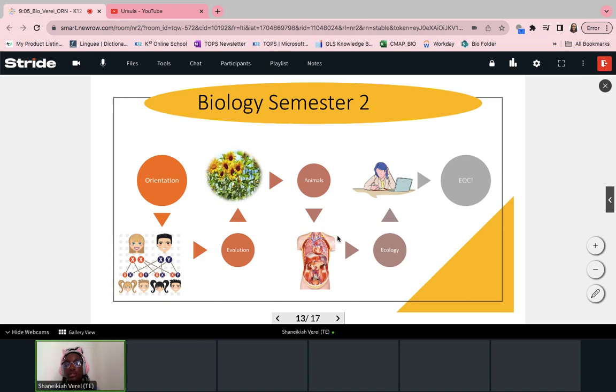I mean, not for real. It's a model, you know. But we're going to look at our systems, digestive system, reproductive system, and then we'll even look at microorganisms that can sometimes invade the system in a good or bad way. So we'll talk about that. And then we'll get to ecology. Ecology is the study of organisms in their environment.